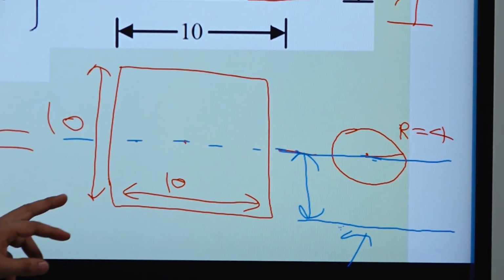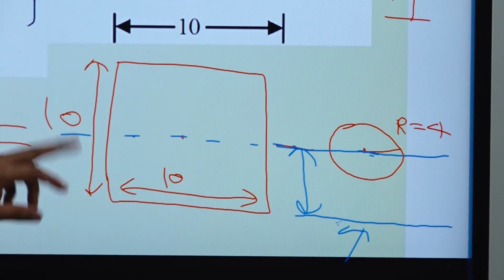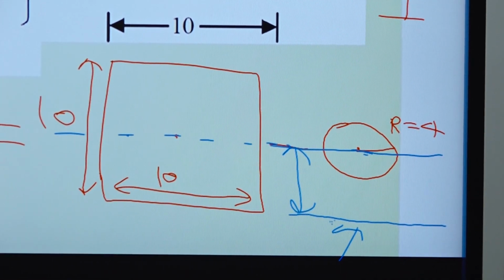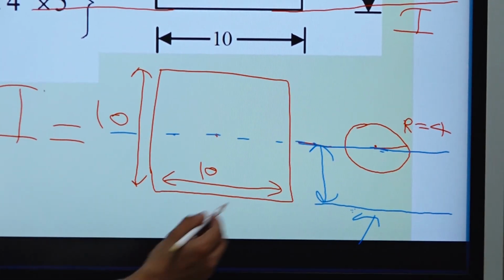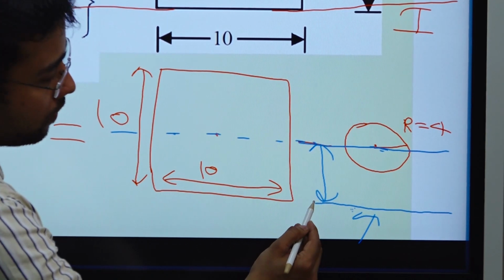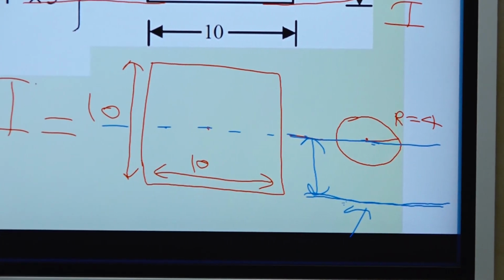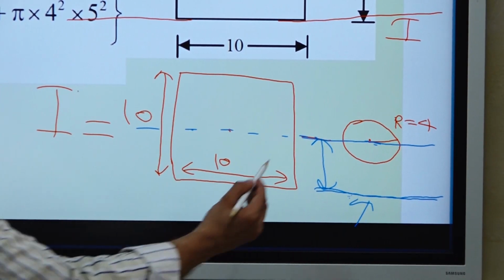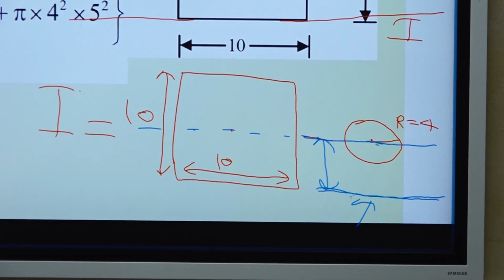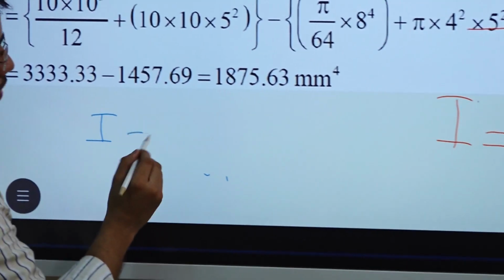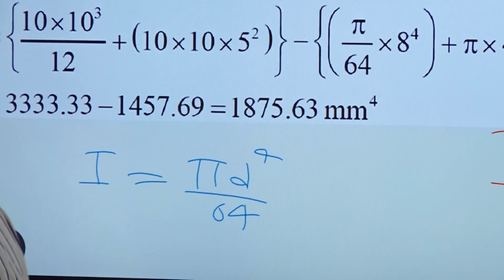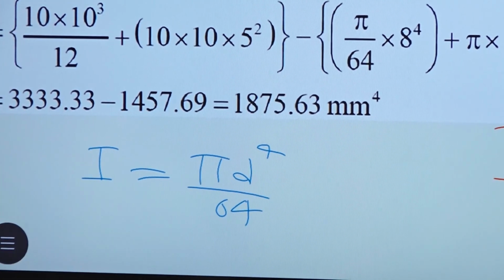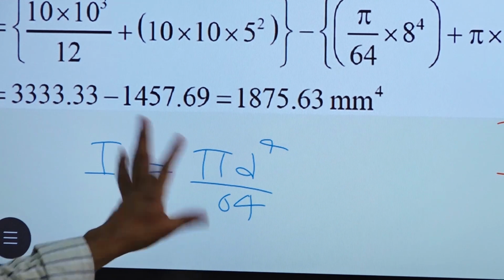So we have found the area moment of inertia of the rectangle about the base, right? Now we need to find the area moment of inertia of this circle about this axis, right? So obviously first we should know the area moment of inertia of the circle about the centroidal axis. That will be I is equal to pi d4 by 64. I think you already remember it, because we use this in design of transmission systems, strength of materials and fluid mechanics. Everywhere we are using it, right?